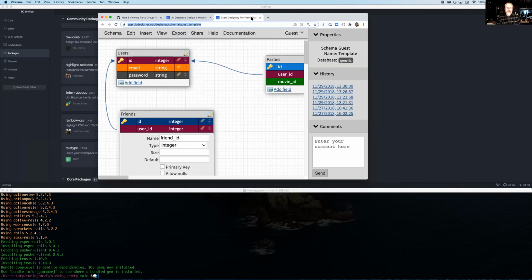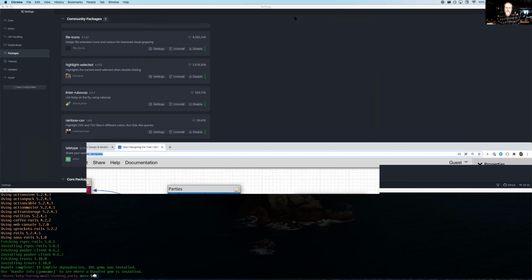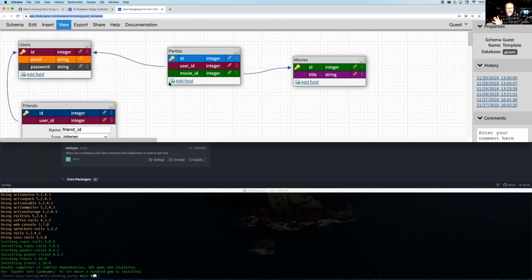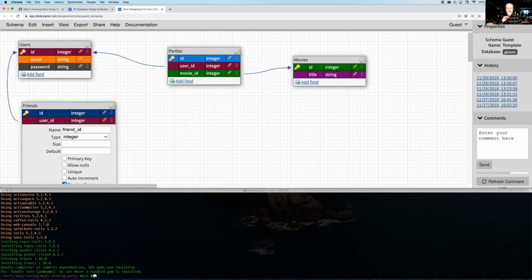So you don't need to build that as what we would call an MVP. We don't want it to get too advanced too soon. I would say start simple and add complexity as you need it. But yeah, that friend table is going to have 2 different user IDs, one for you and one for your